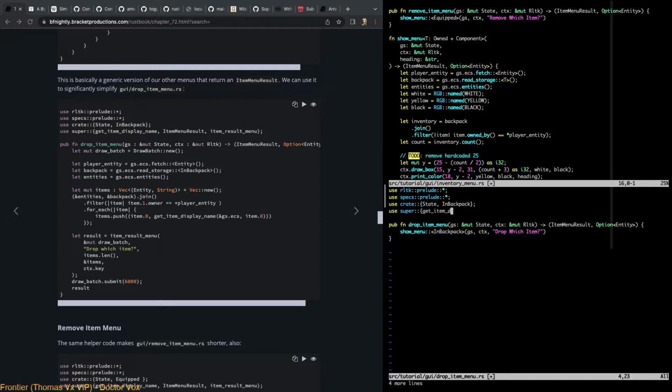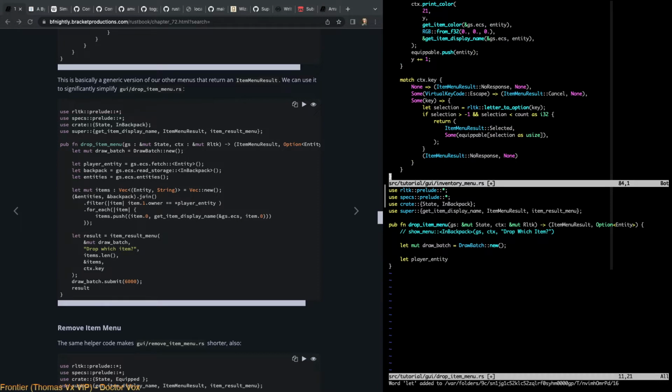Get item display name, item menu result, and item result menu. Okay, so all of those, and now we have pub fn drop item menu, and instead of this line here, which is what we had, we're going to say let mut draw batch